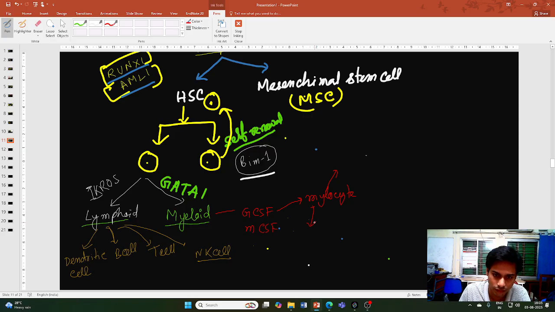Next page. Now let's see. Granulocyte. From the granulocyte we know what the key components are. One will be the neutrophil, one will be the basophil, and another will be the eosinophil. So neutrophil, basophil, eosinophil, that is the granulocyte, and for GCSF that